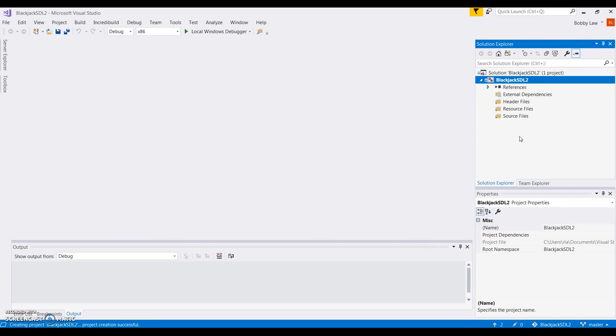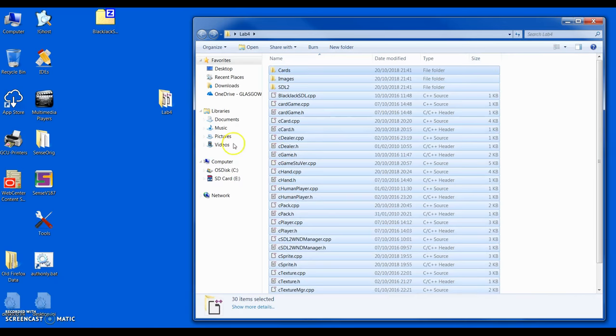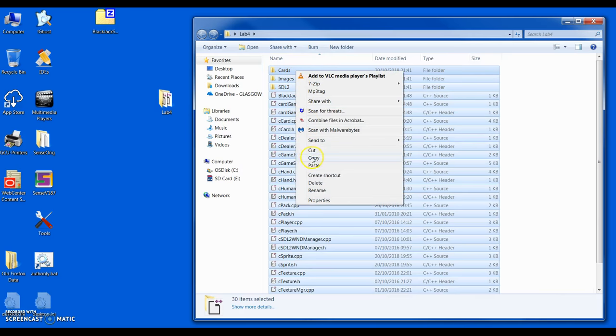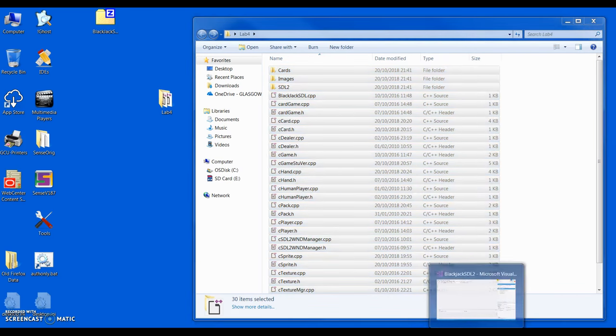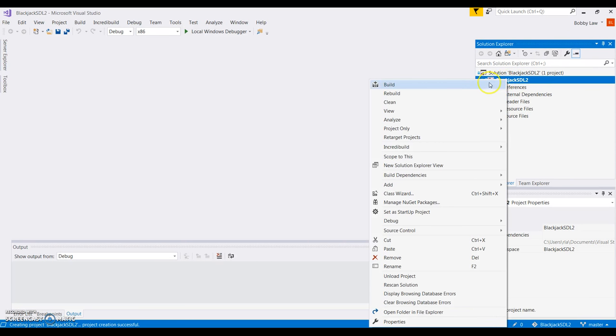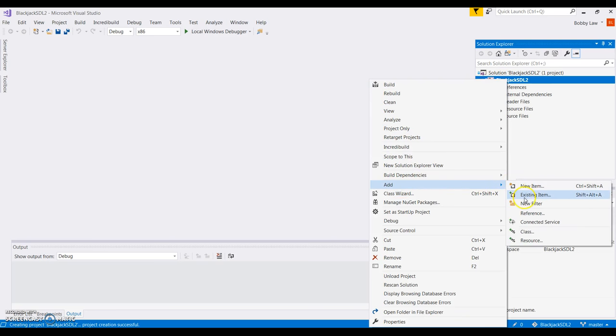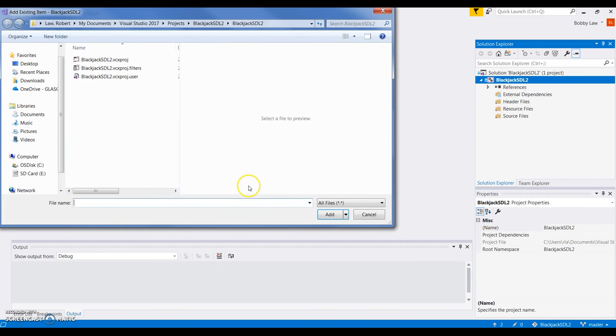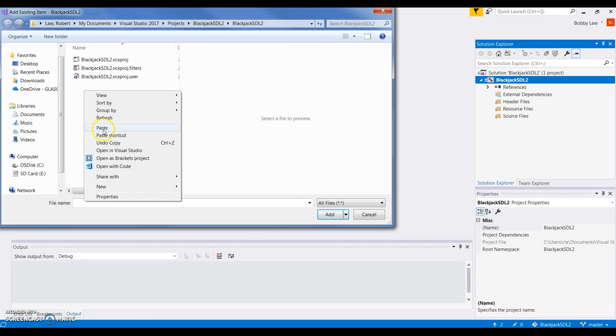So what we want to do now is go back to the desktop, select all these files, copy them back into Visual Studio. Up here where it says Blackjack SDL2, if we right click and we say add existing item, and we make sure that these 3 files are present in this dialog box. It's very important, as we've said over the last few weeks. And then if we do a right click and paste,